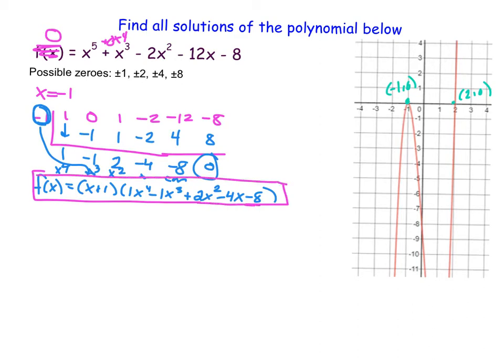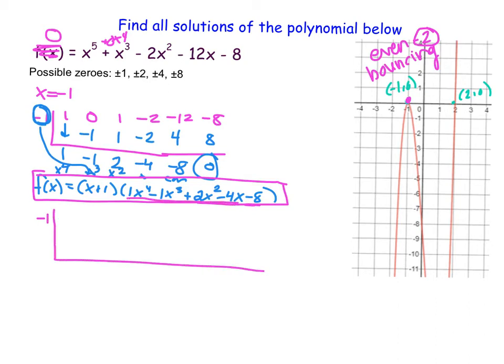And I'm going to try to find another factor. Now, one thing that I notice on this particular graph is that it's not actually crossing at x equals -1. It is bouncing, which I know means that this particular root appears an even number of times, which means at a bare minimum, that particular root is appearing twice. So what I'm going to do a second time is I'm going to account for the fact that it's appearing 2 times. So I'm going to use synthetic division again on -1, but this time I'm going to utilize what's